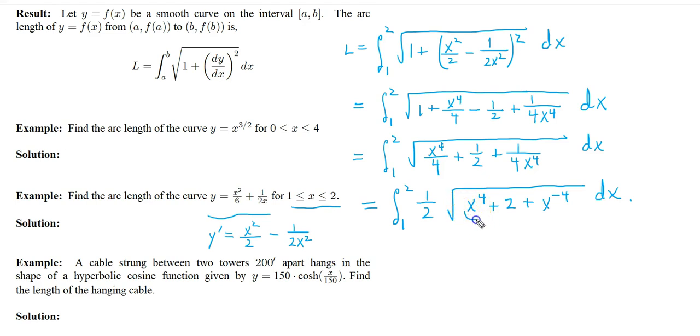Now this term right here is a perfect square. Notice that this is equal to this squared, right? Because if I go x squared times x squared, it gives us this. X squared times this term will give me 1. This term times x squared will give us another 1, so that's recovering the 2. And then this term times itself gives us the 1 over x to the fourth back. So now this integral becomes